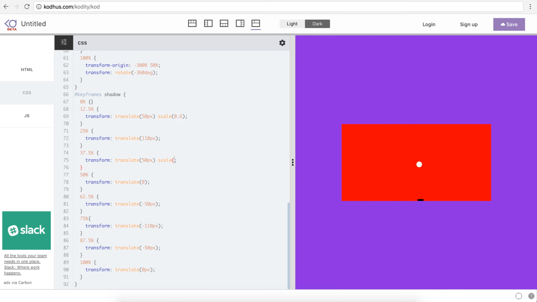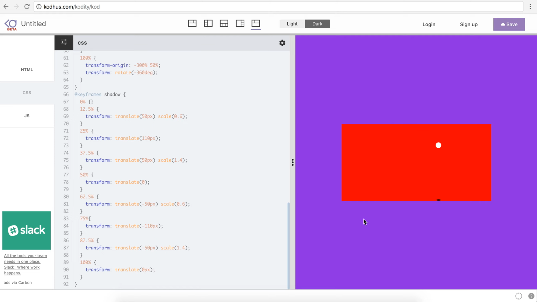So I can say scale maybe 0.4. So you can see when it goes to distance, it gets smaller, and it comes closer to the shadow, it gets bigger. We can use the same scenario over here as well. So I'm going to set the scale to 0.6 over here, and here when it comes back, I'll set the scale to something like maybe 1.4, right? The same. So it gets smaller, it gets bigger here, it's something like smaller, and then here it gets bigger,